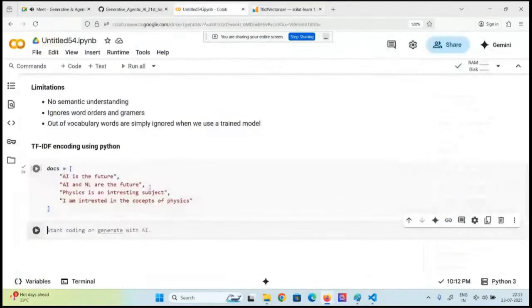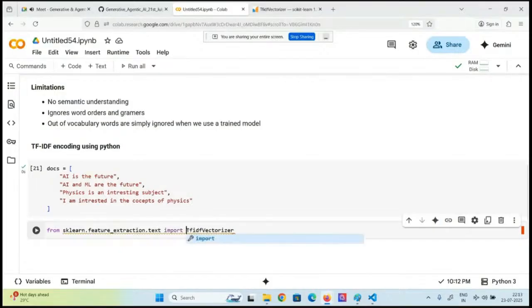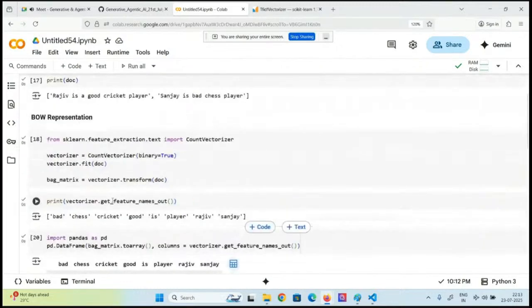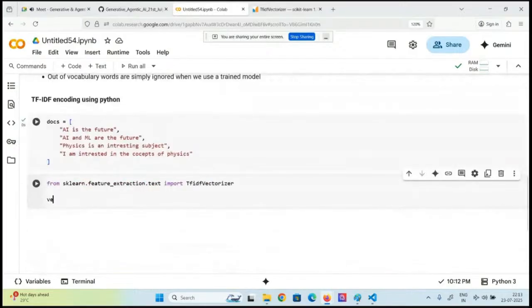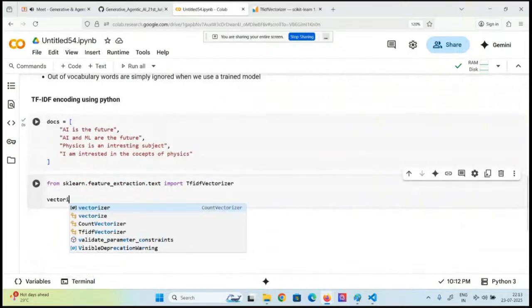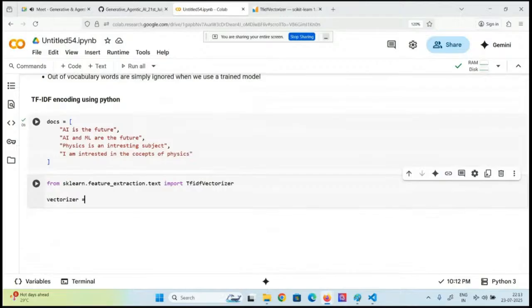I come over here, paste it, right? Now I just put from scikit-learn.feature_extraction.text import TfidfVectorizer. That's it, right? And then when we import a library or a class, what do we do next? We define an object for this class, like we defined earlier. So same thing we have to do, vectorizer is equals to